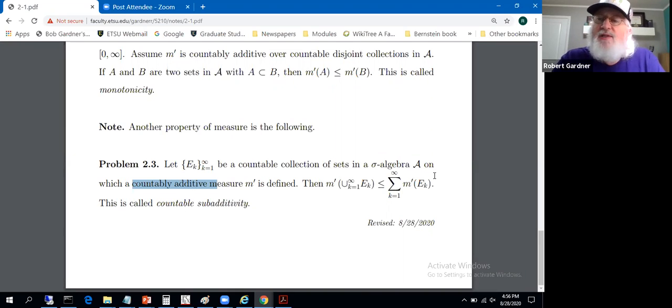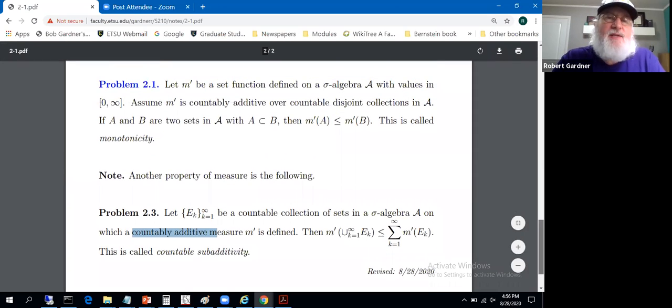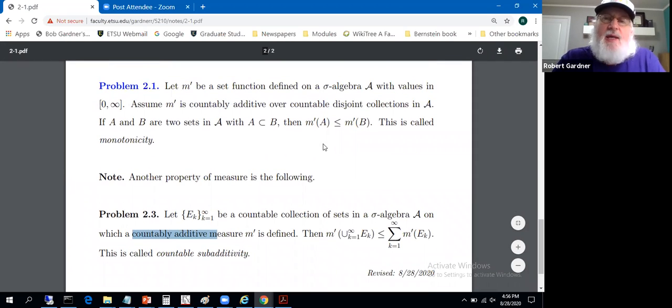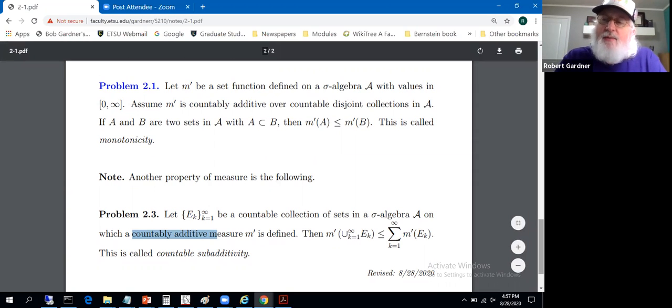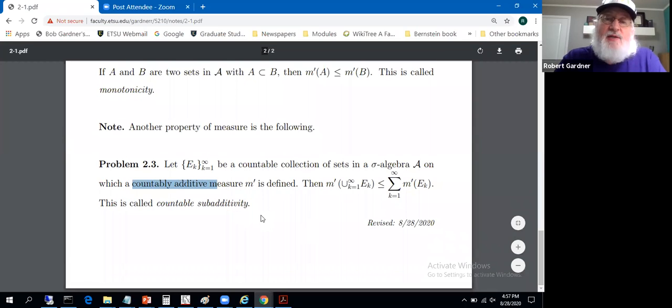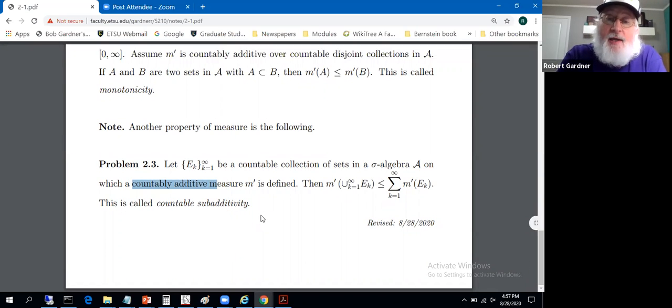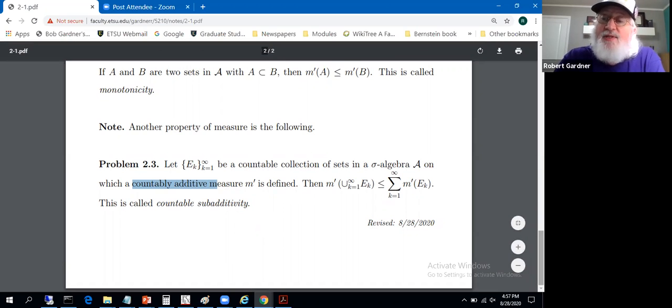It's somewhat similar to the monotonicity idea we had upstairs in that we took set B and broke it into 2 disjoint parts, A and B set minus A. You have to do a similar type thing down here, but on steroids, because down here you don't have a union of 2 sets. You've got a union of a countable number of sets. So there'll be a bunch of creation of disjoint sets down there, but that's how that homework exercise will be processed. And that takes care of the introductory section.